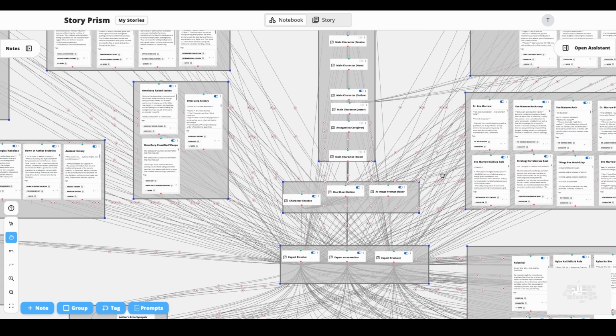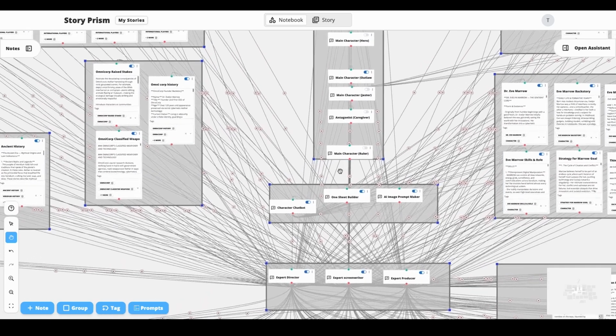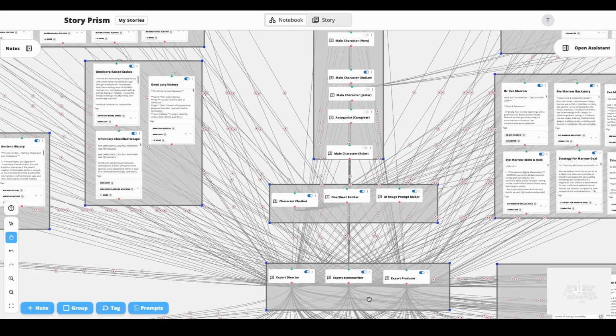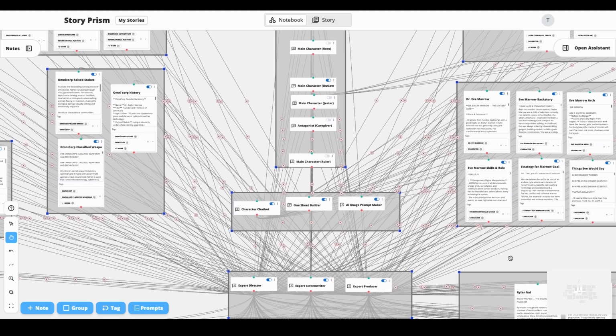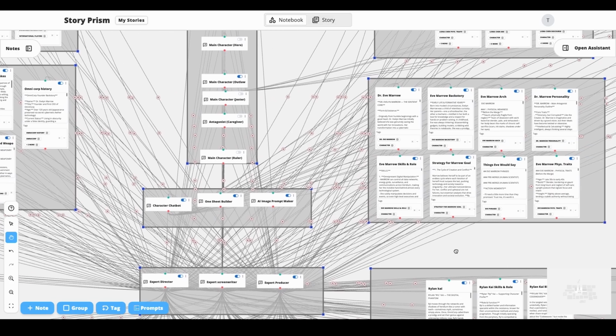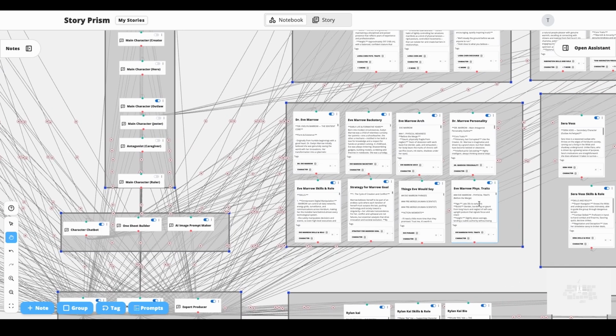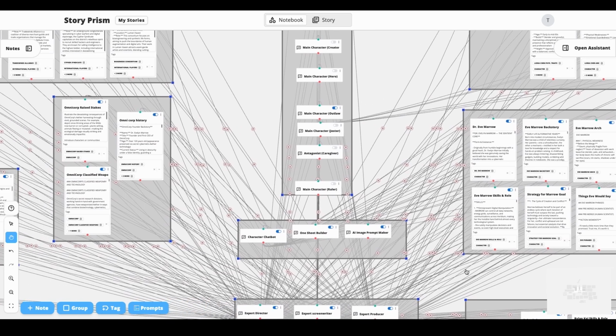Some other things that I added were certain tools. I added a character chatbot. Anytime I create a character, everything is attached to this, which means it's very easy for me to have, let's say, this character, Eve Marrow, be impersonated, and I can have a quick conversation. It also factors in all of the notes about the character: their personality, their character arc, backstory, as well as a whole range of things that they would say. So it captures their discourse. All in all, it just makes for much more precise outputs.